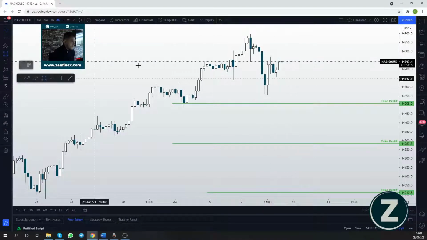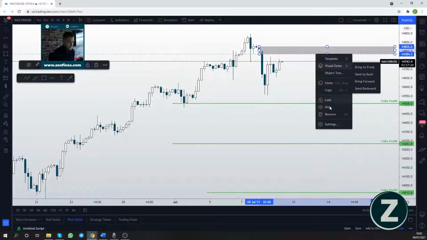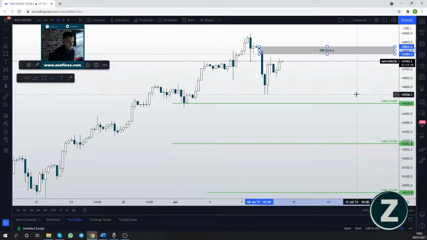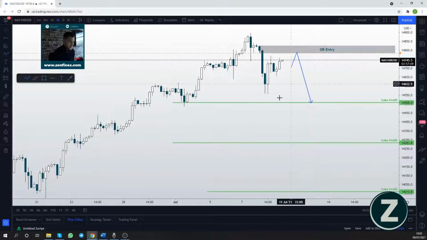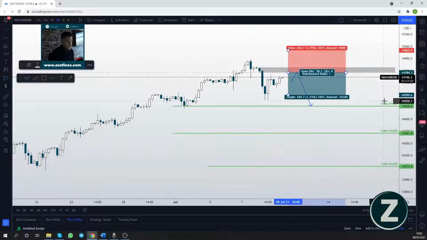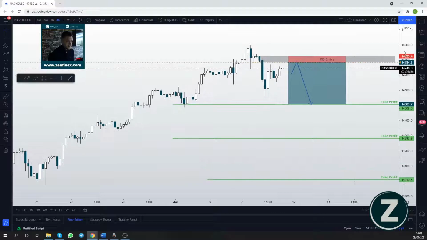But this level here for me, I'm going to mark that as, you probably guessed it, our 4-hour order block. I do have a price alert in here as well. I'm looking for something that looks a little bit like this to form a new lower low. If that does happen, remember that trade I pointed out to you a minute ago where it wasn't even a 1-hour trade for that first take profit? Well, now look, already we're up at around a 6.6-hour trade if you just sold it from this 4-hour order block.